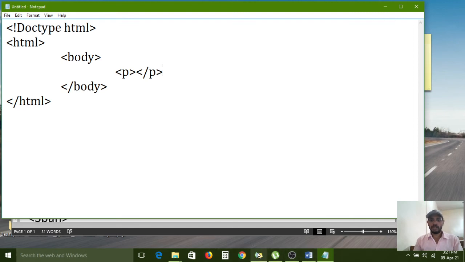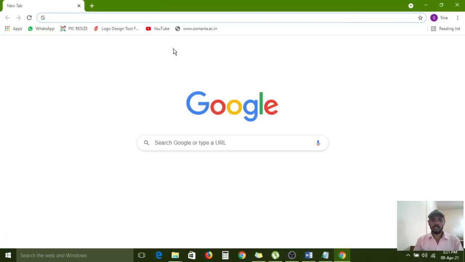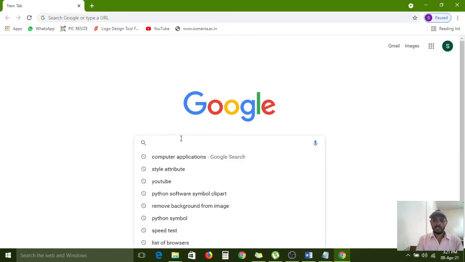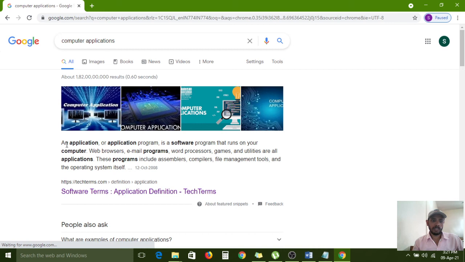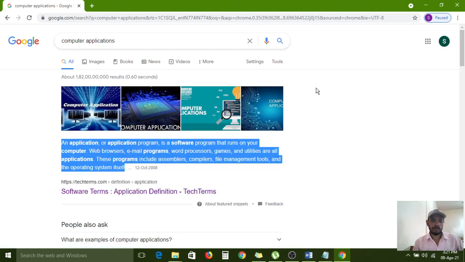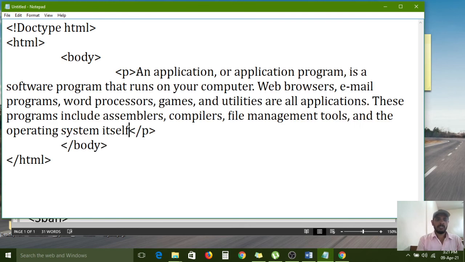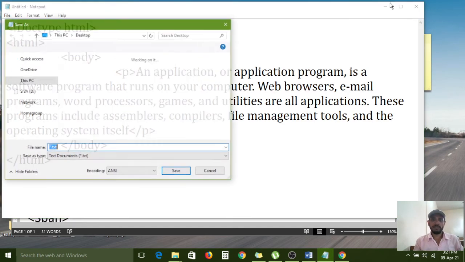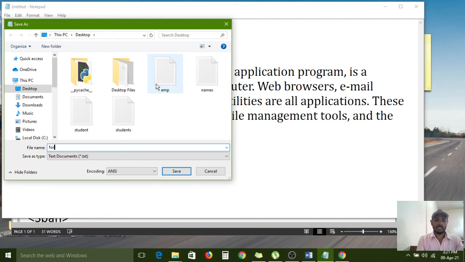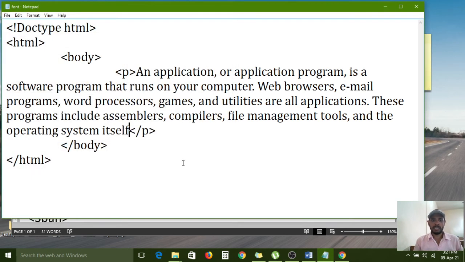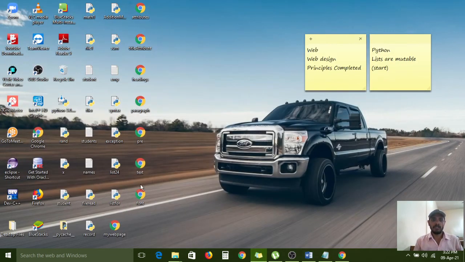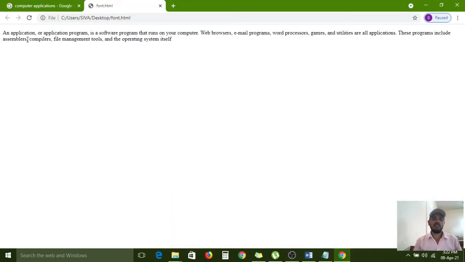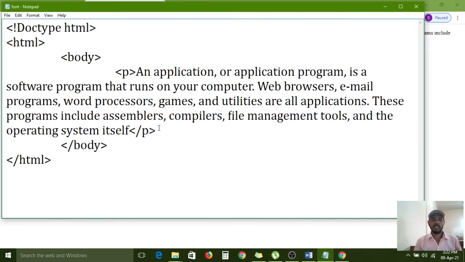In between that paragraph, the same computer applications data we have to configure from here to here. Now I am copying and pasting. This is normal text. Font.html, all files. Click on the save button, the file is saved on the desktop. All of you carefully observe. This is normal font. So without applying any font, by default one font it will take, that is representing on the web page.